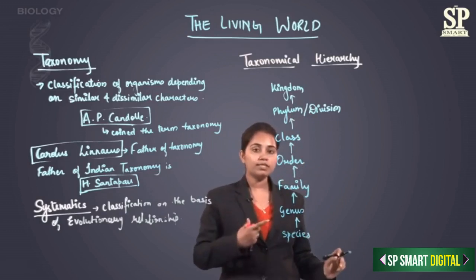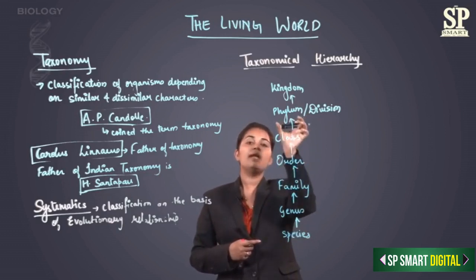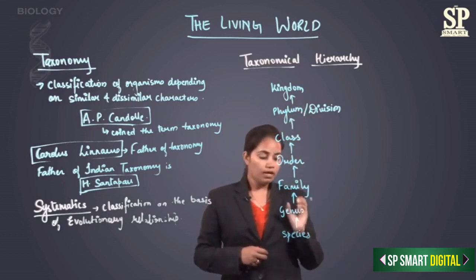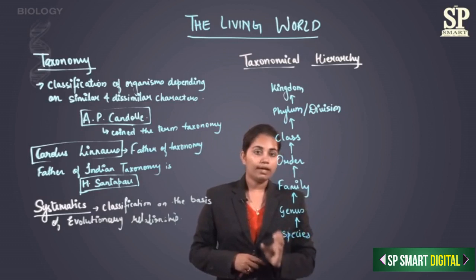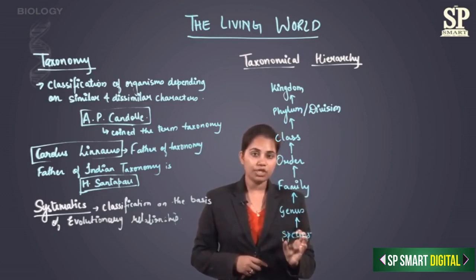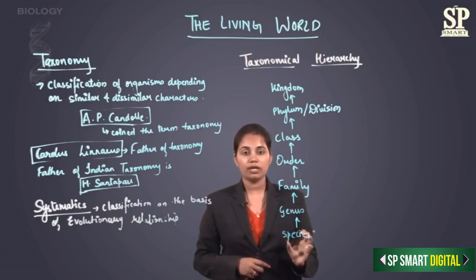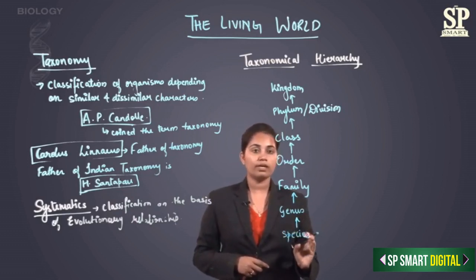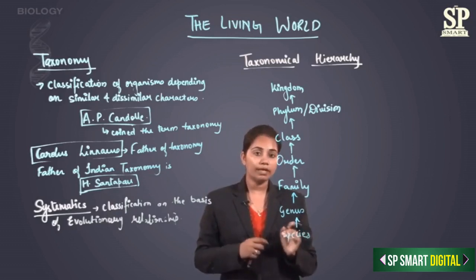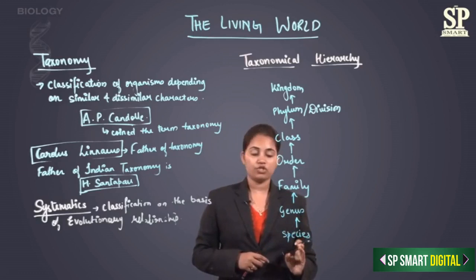So the 7 steps I have are species, genus, family, order, class, phylum or division, and kingdom. Okay, now what is the characteristic of this hierarchy? The organisms grouped under this species have more common characteristics sharing. This group is a group of organisms sharing more common characteristics, and the common characteristics shared are such that they can reproduce among themselves to give the same kind of species, right?